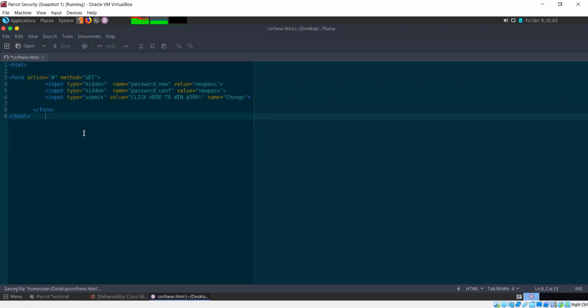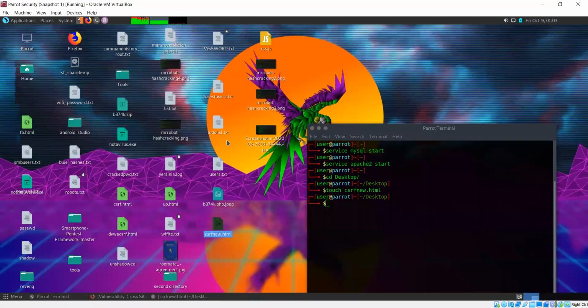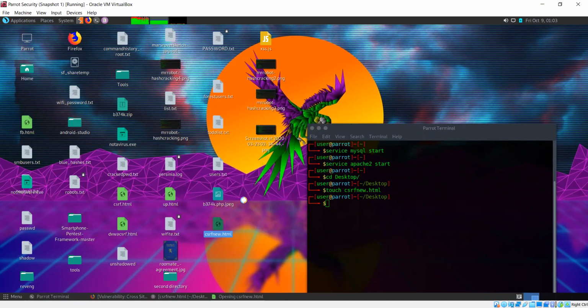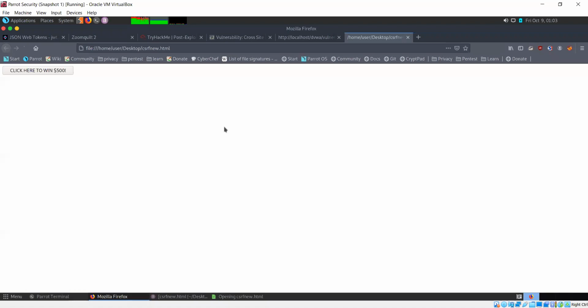See that. So if I try opening this with Firefox, you actually get a button which says click here to win $500. Now this is a simple page. We've not added a lot of stuff to it. We've kept it simple for now.